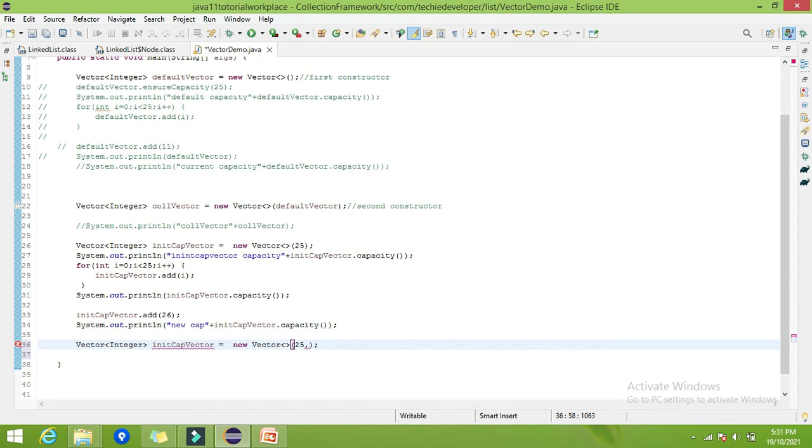So let me increment by 2 only. It means if I have created a vector with the initial capacity as 25 and now I have added 25 elements, and now I am trying to add the 26th element, it will not increase its capacity up to 50, it will increase the capacity by only 2, so the new capacity will be 27. Let me demonstrate directly by using this.